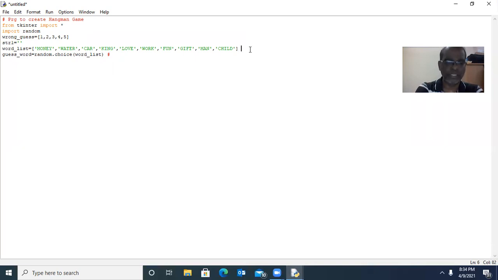Here we can put a comment: randomly any one from word_list assigned to guess_word.